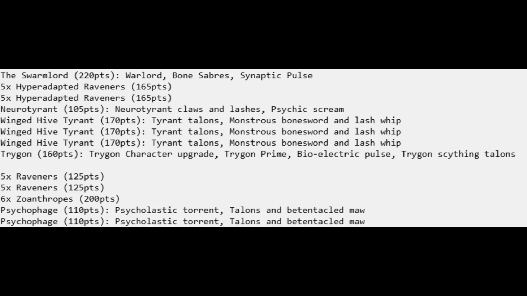So I had that. I wanted to try out the Neurotyrant with 6 Zoanthropes. This is another unit that seems really good with being able to teleport, completely negates their bad range ability of only 24 inches, gives them Ignores Cover, rerolls hits for consistency. Seems like a very strong unit in this detachment. Then the next thing I wanted to try was the Trigon Prime. Give this guy a nice little test run because it seems like this is going to be a monster that actually kills guys. I did have Swarmlord with